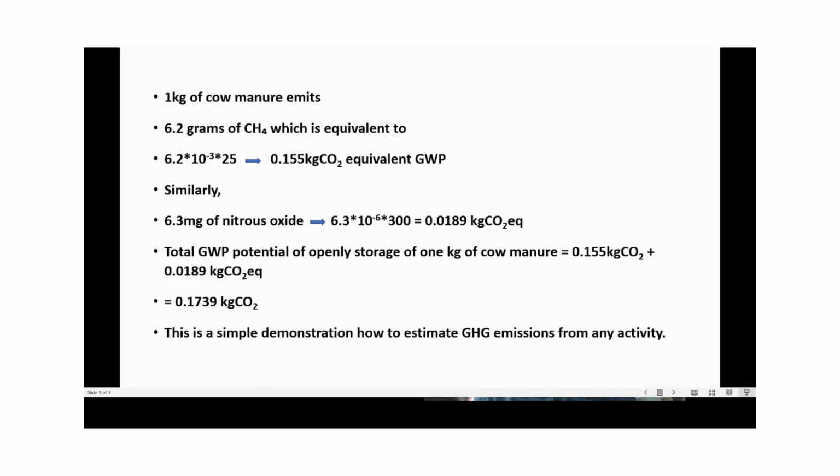Here I must say a few important considerations. First, we have considered only methane and nitrous oxide. We have not considered other greenhouse gases because their global warming potential in comparison to methane and nitrous oxide is negligible. Second thing, this emission is based on a 100 year time horizon. Greenhouse gases remain in the atmosphere for different lengths of time and have varying warming potential. So whatever emission we have calculated is valid for a 100 year time horizon. If we consider a shorter time horizon, then the impact will be more.